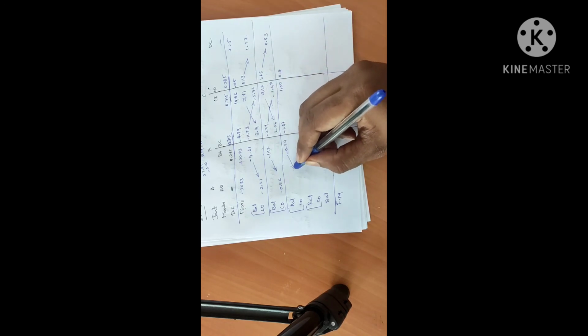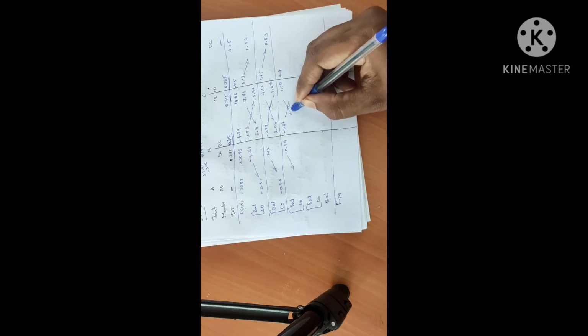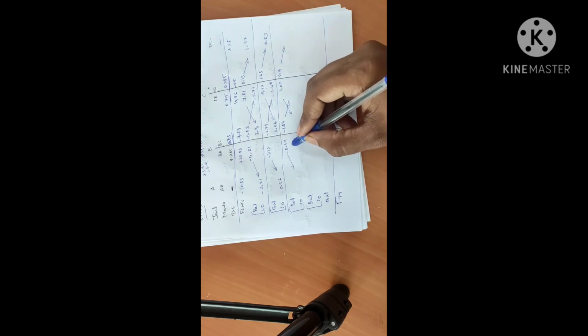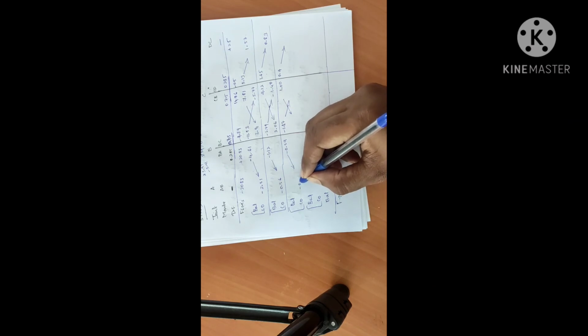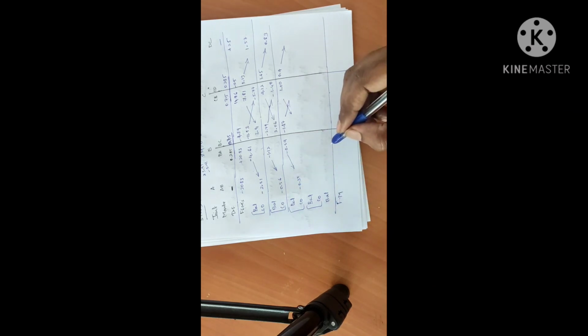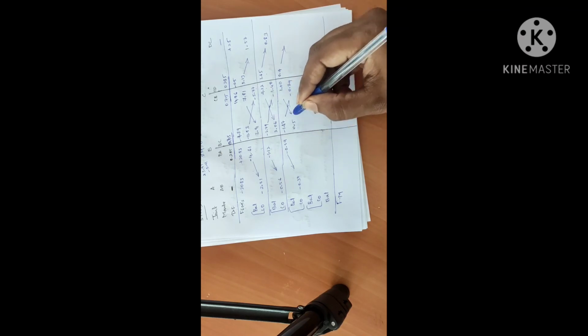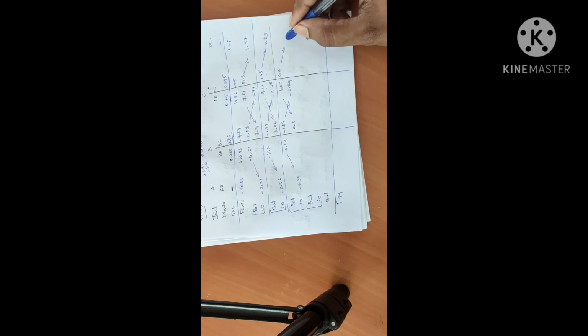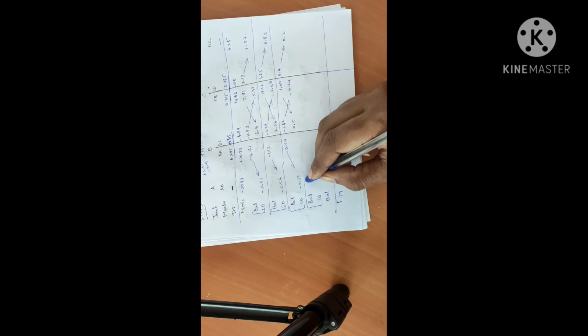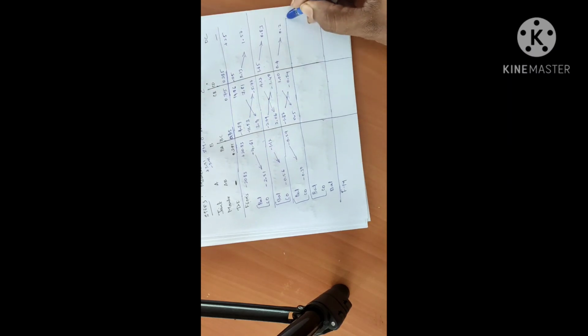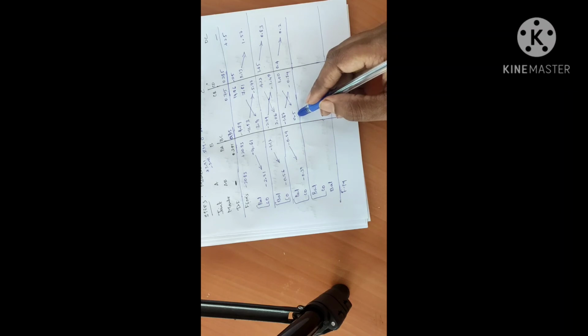Now again repeat the carryover process to the other end. 0.59, if you divide by 2, the carryover is always half of that. Half of 0.6 is 0.3. Half of 1.47 is how much? Minus 0.7. In carryover, the sign remains the same. Half of 1 will be nothing but 0.5. Half of 0.4 will be nothing but 0.2. This is your third cycle.